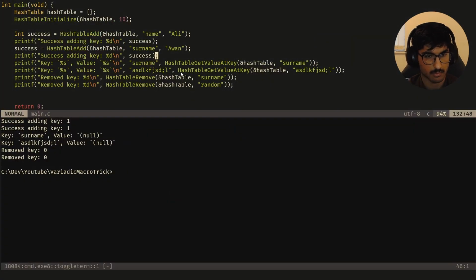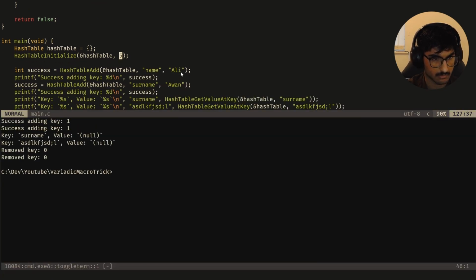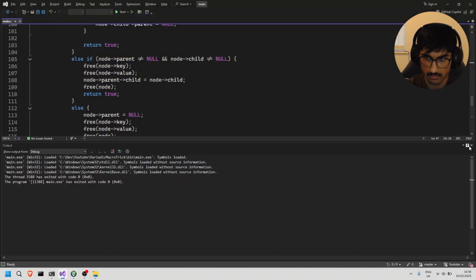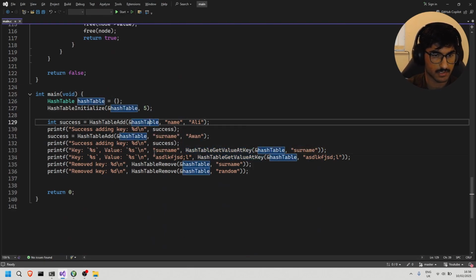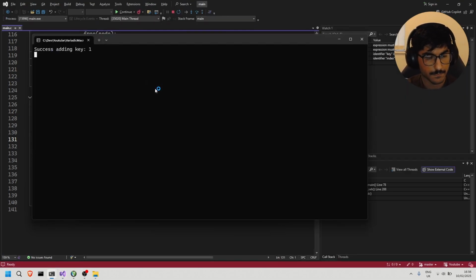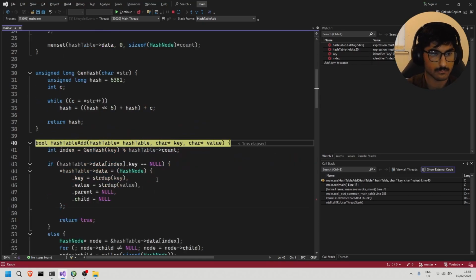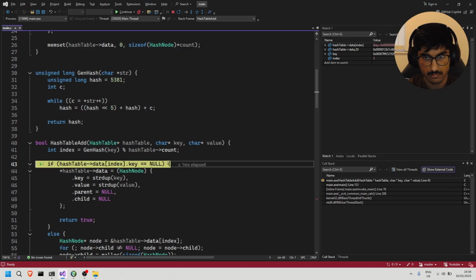Actually, before I do this, what I want to do is make the hash table a lot smaller, so we have a higher likelihood of collisions. Let's say 5 elements. Okay, still doesn't work. Let's see what's going on. I removed this breakpoint, and in hash table add, right here. Does that succeed? Yeah, it looks like we did add the key properly. So let's run. Let's see what's happening here. So the index we get is 3,